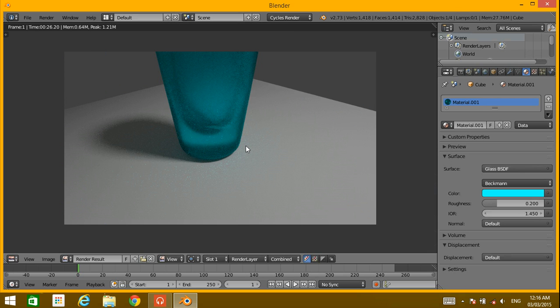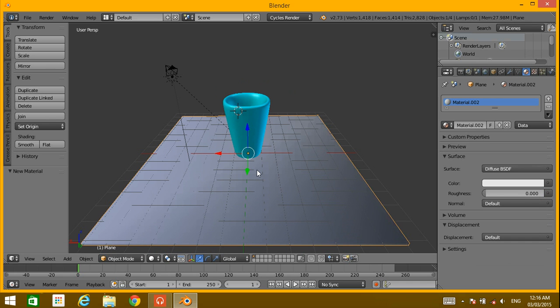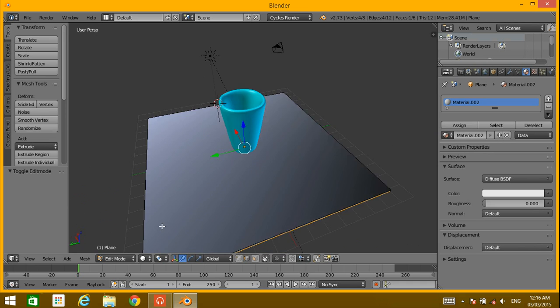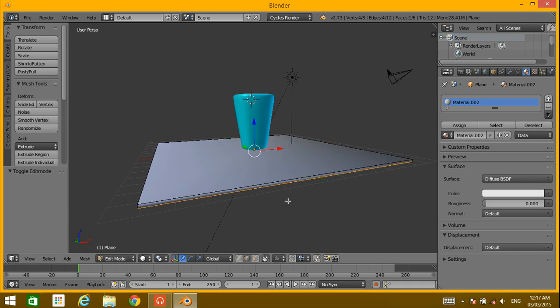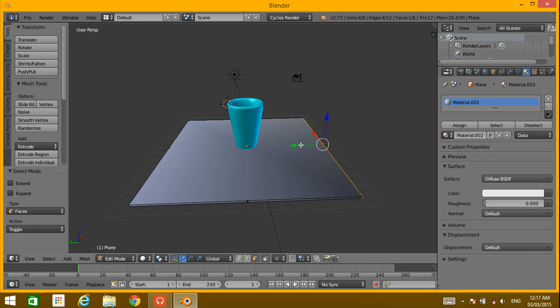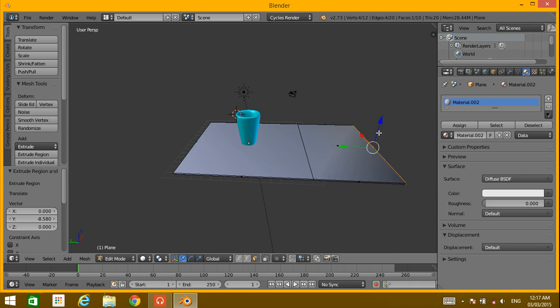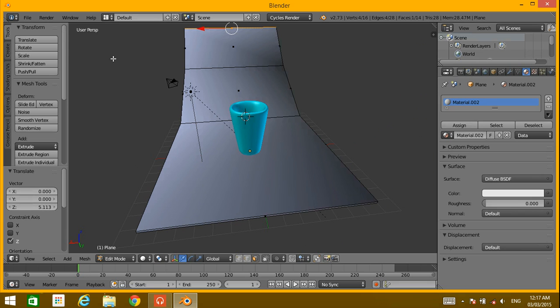Okay, so escape and just select the surface, press Tab, select a face here and extrude it a little bit, yeah, here.